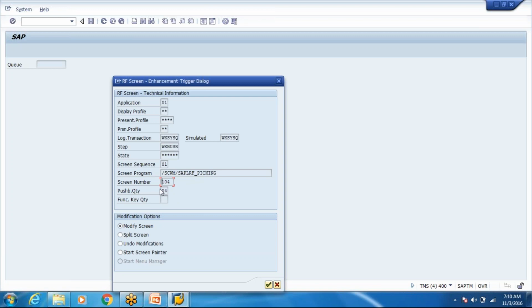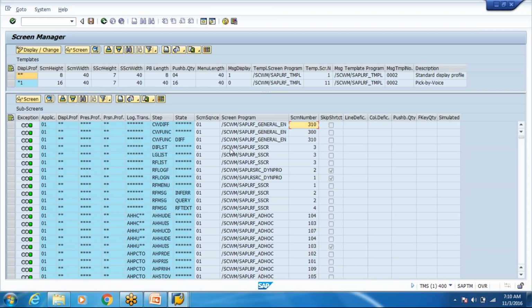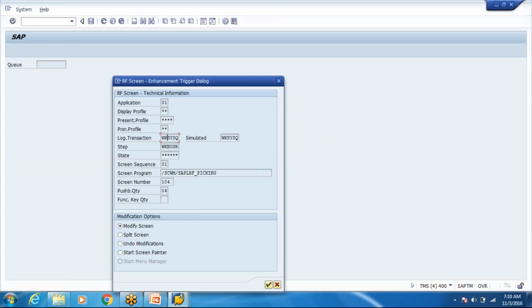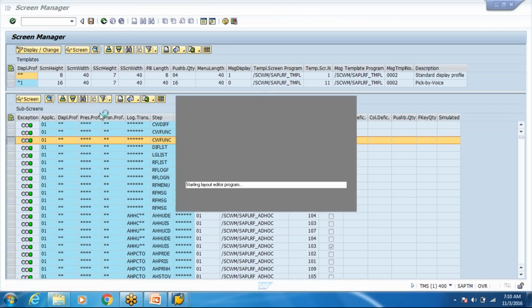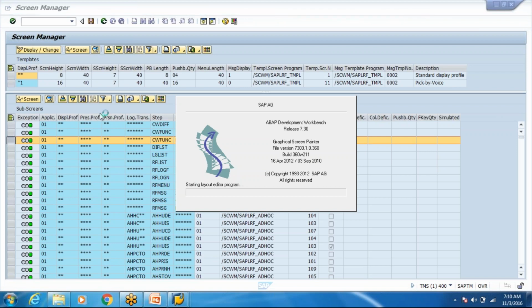Okay, starting with 9. This is the transaction. I'll just come back to the transaction. So any screen, they are mapped here, and then you can see the screen there. It's calling the same screen painter over here.